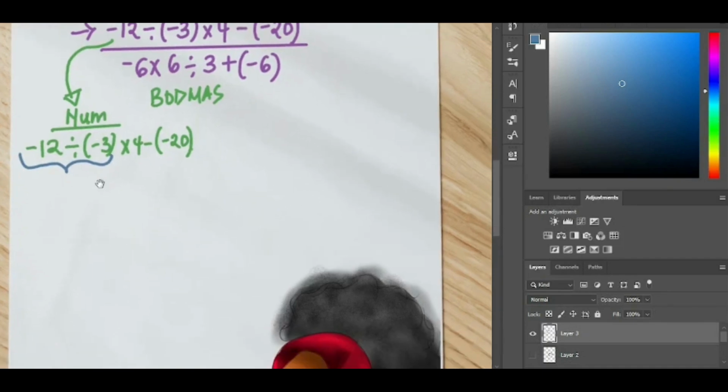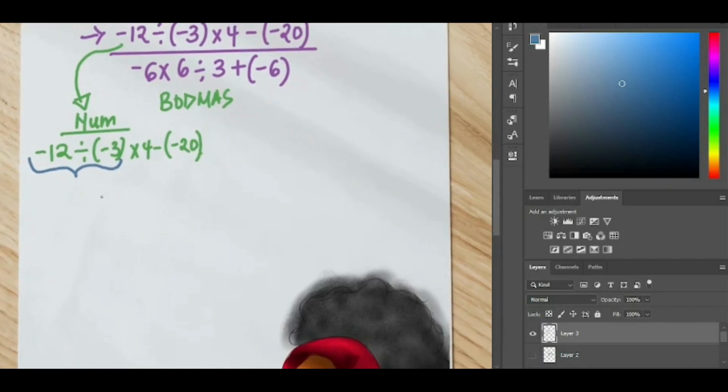When you divide a negative number and a negative number, the answer will always be positive. So in this case, when you take negative 12, we divide by negative 3, our answer is going to be positive 4. And then you multiply by 4 and then minus negative 20. So 4 times 4 is going to give us the answer 16. Minus negative 20,